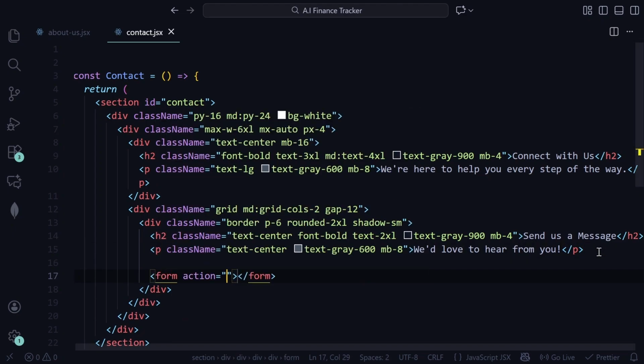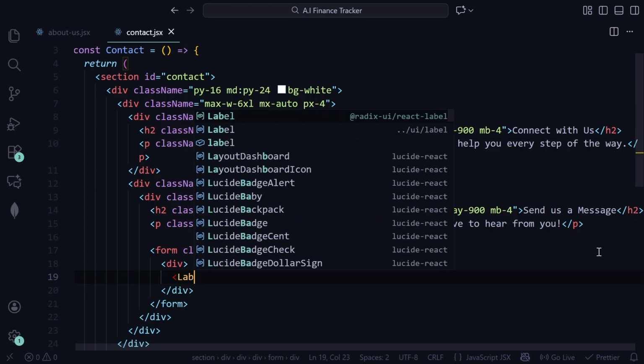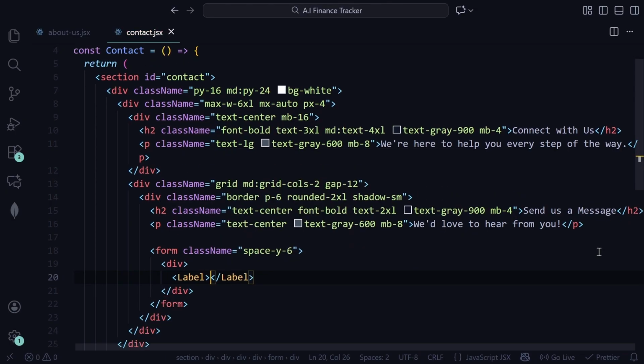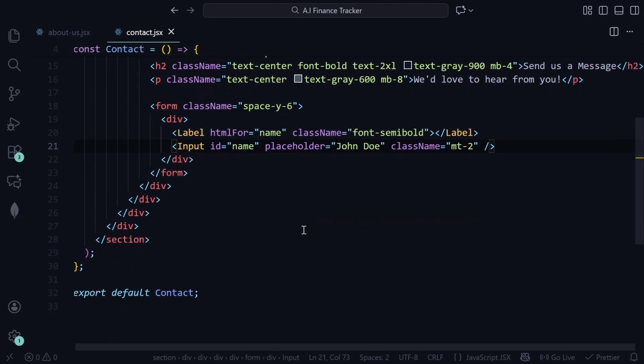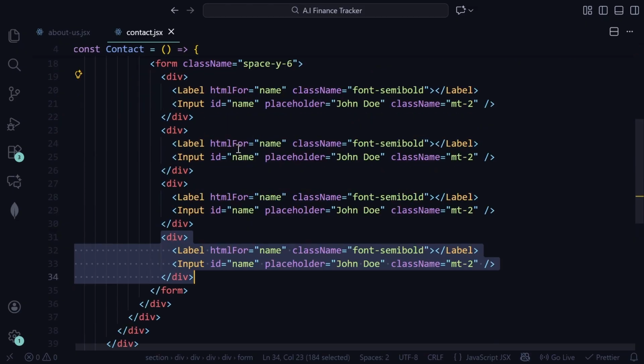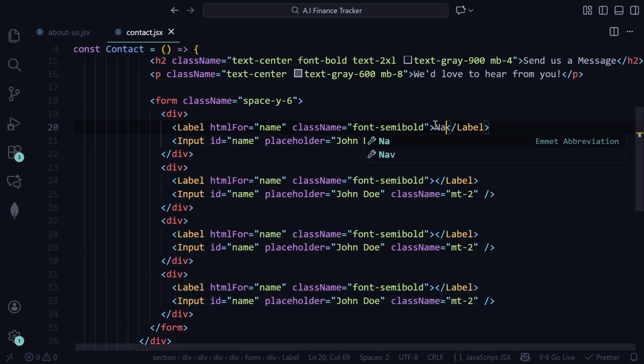And then create a form with a class name of space-y-6, and then a div with a label component, which the htmlFor will be name, and then a class name of semi-bold font, and then an input with an ID of name itself with a placeholder that says John Doe, and then a class name of margin top 2, and then make 3 more copies of it, and let's edit each one, this one being name,